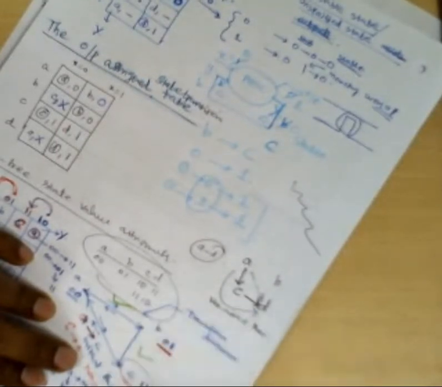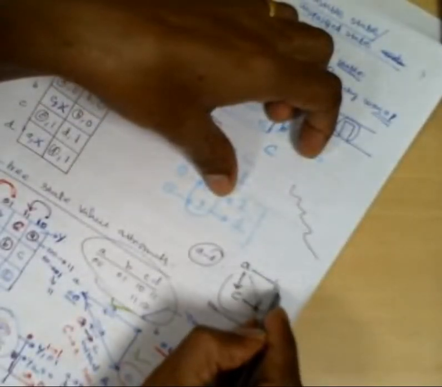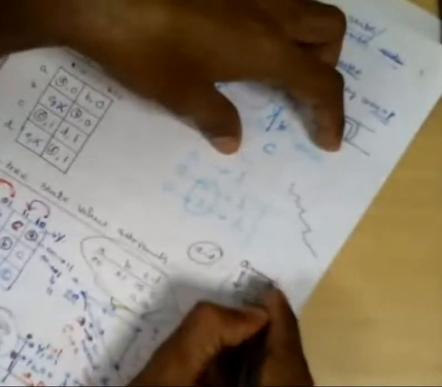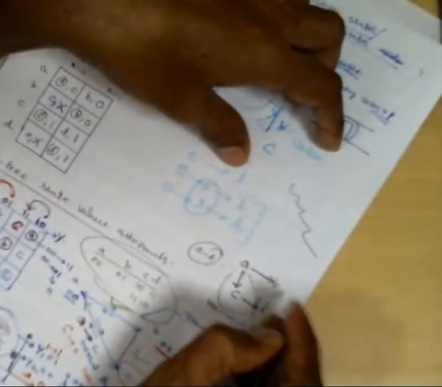But alternatively, suppose I go to B. B is retaining me, locking me, which means there is a possibility to stay. But in C I don't have the possibility to stay, so I have to move to reach the destination. B is holding me there and not sending me to D. Therefore, it is a critical race. Critical race means it will not send me to the destination, so I will not reach the expected state. I will get stuck in some intermediate state. That is called a critical race.